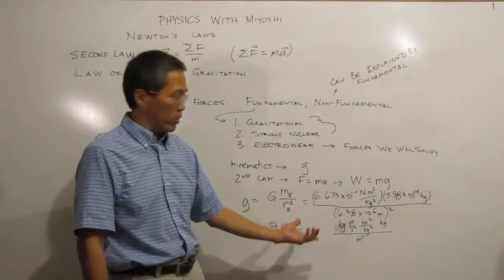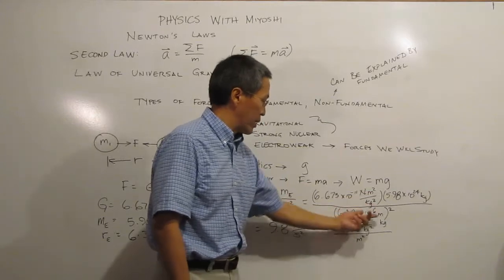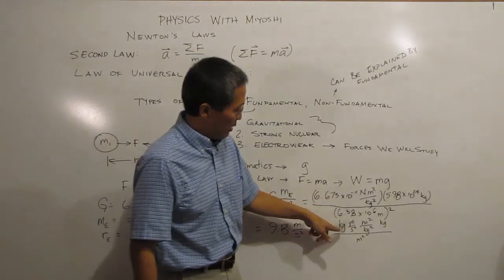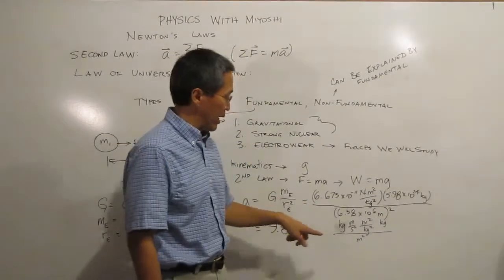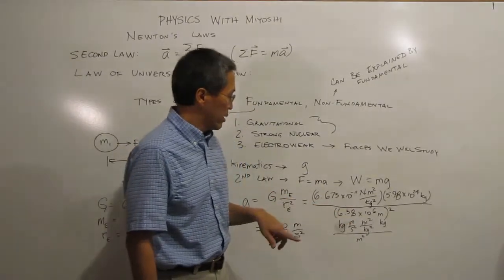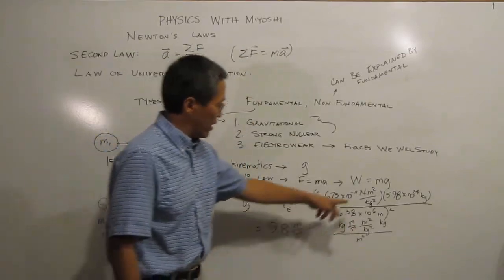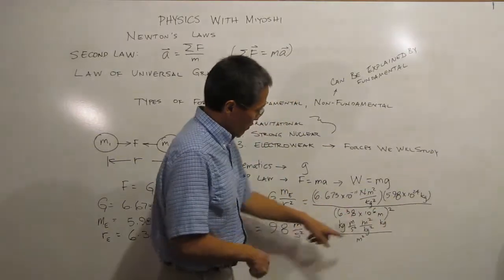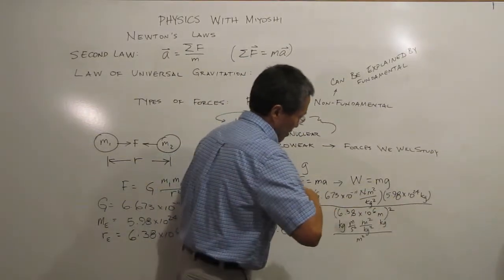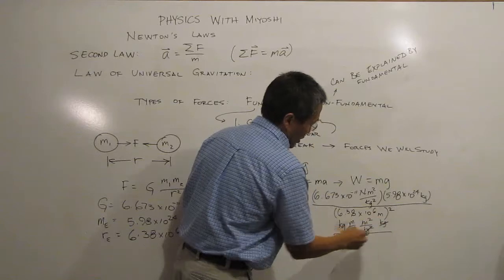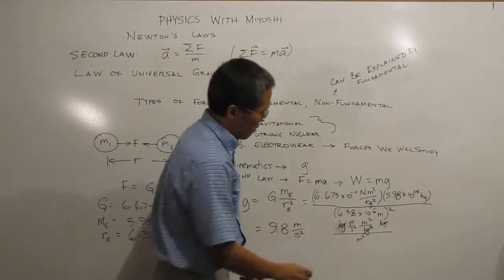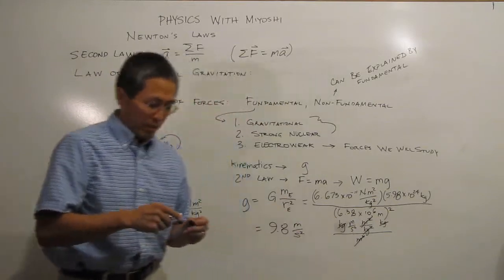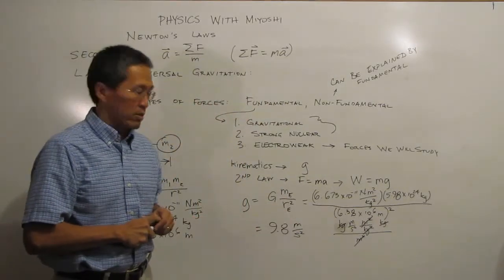Now don't take my word for it. Go ahead and multiply these numbers out and divide by the radius squared, and you should get that number. I took the liberty of writing newtons as kilogram meter per second squared and putting that in here with the gravitational constant. I have kilograms squared on the bottom, which divides out with those kilograms. I have meters squared on the bottom, which divides out that term, and we are left with meter per second squared as our units.